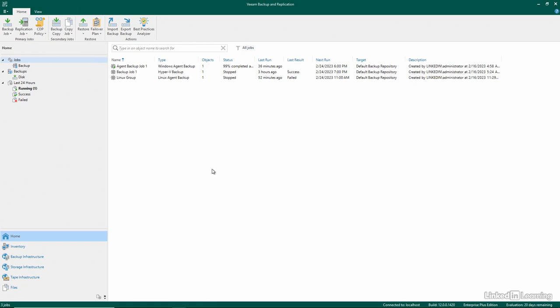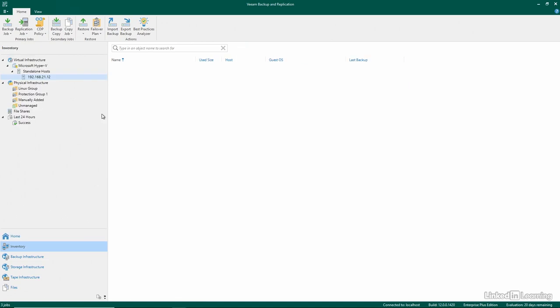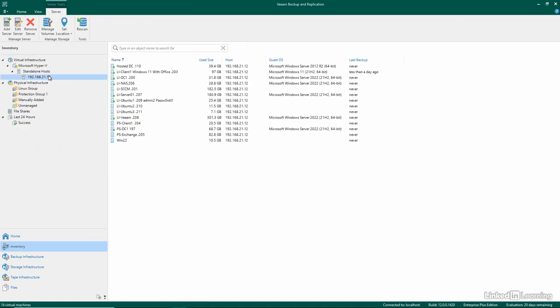VeeamZip allows you to quickly perform a backup on one or several virtual machines, and it's similar to a full backup. However, it doesn't require a schedule along with incremental backups. And you can store the backup file in a backup repository, a local folder on the backup server, or even in a network share. I'm going to go over to where it says Inventory, and in Inventory, here's the list